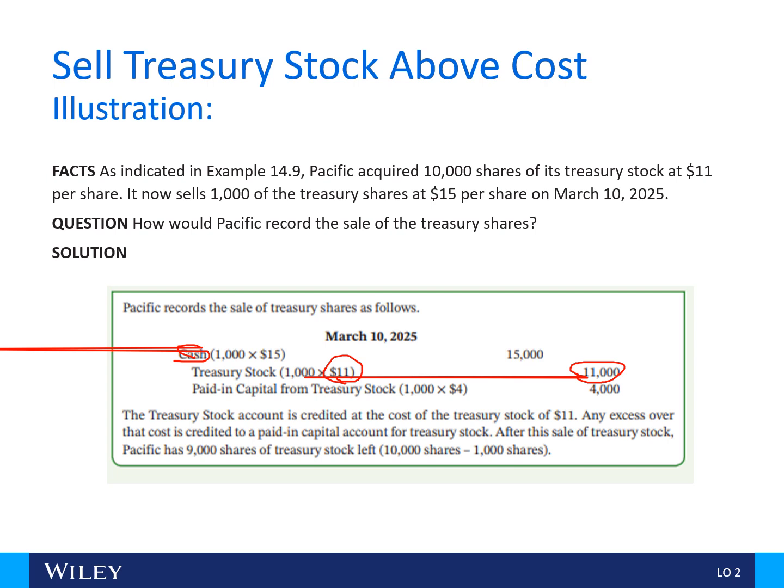and that $4,000 gain or profit or whatever it was, it's not going to be reflected on the income statement. It's just going to go immediately straight to stockholders' equity, and it's going to go into an account called paid in capital from treasury stock. So again, if you make money by reselling treasury stock, it goes to an account called paid in capital from treasury stock. Okay, so this is assuming you sold it for a higher price than what you paid to originally acquire it.